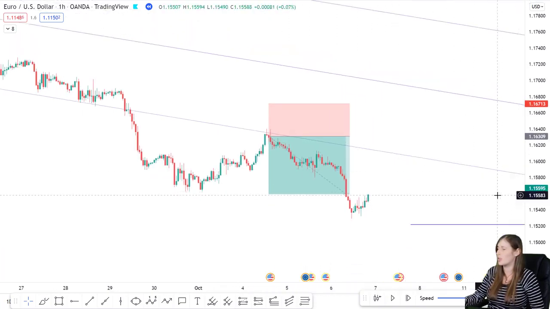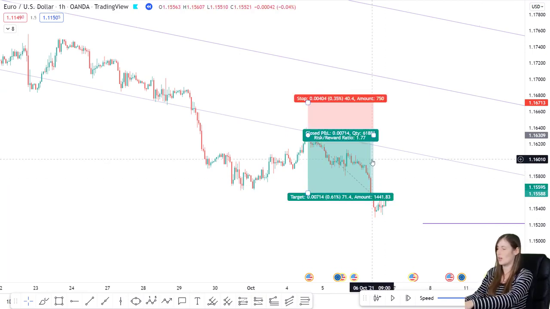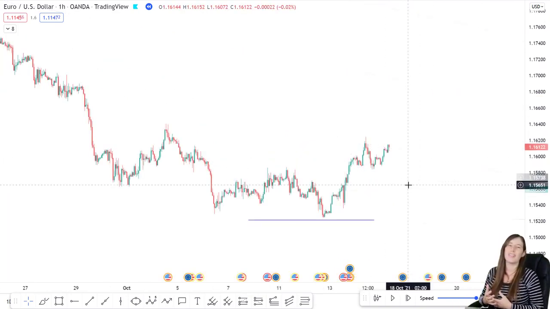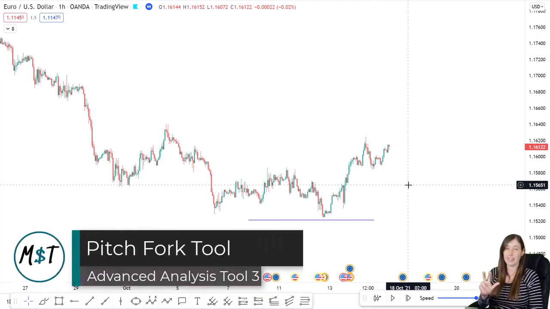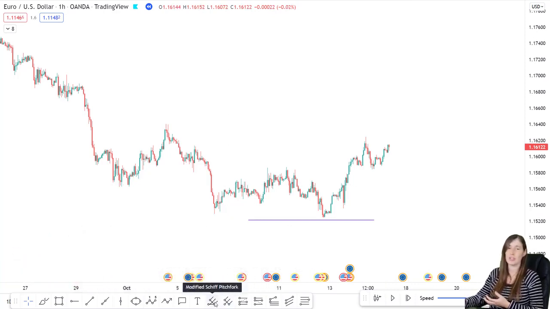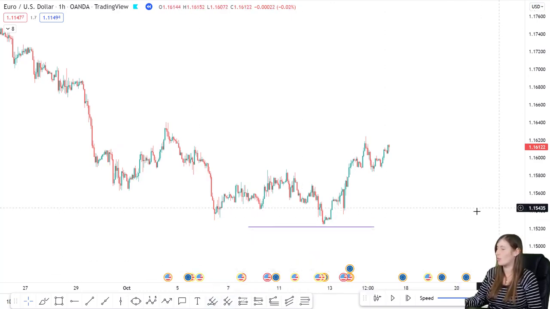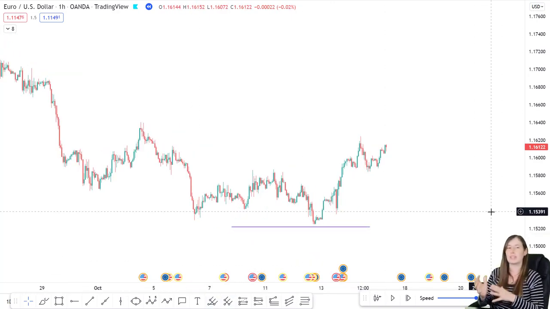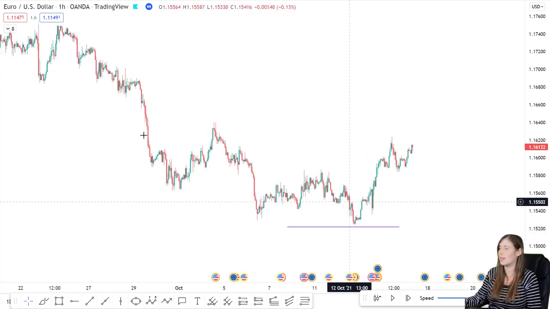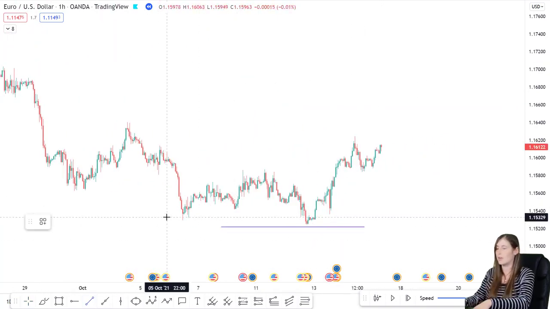So it's using this fib channel line as you would a trend line really to help frame price and help gauge a position for an entry. Moving on to a third advanced technical analysis tool, and that is the pitchfork. Now there are actually two different types of pitchfork here. There is the standard pitchfork and there is the modified shift pitchfork. And in this example, I'm going to be using the modified shift pitchfork, which is what I tend to like to use when it looks like a market is reversing, which is what I think we might be getting here now on Euro USD. So we've come to this swing low level here,